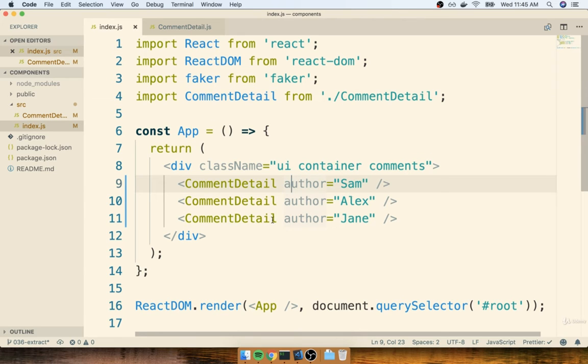All right, so now that we've provided some detail or some information to a child, we have to open up that child component, like the actual source code for it, and make sure that we consume this information. Remember, it's a two-step process. On the one hand, we provide information. On the other side, we consume the information.